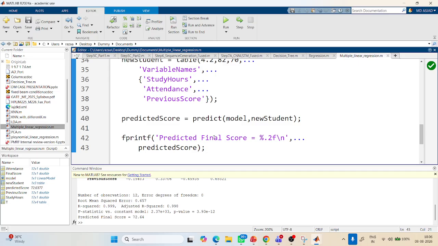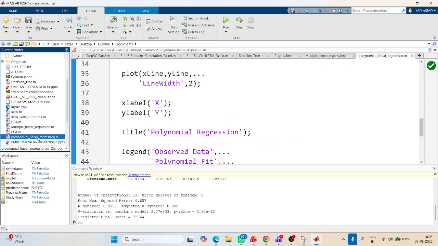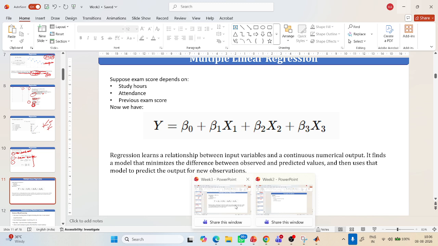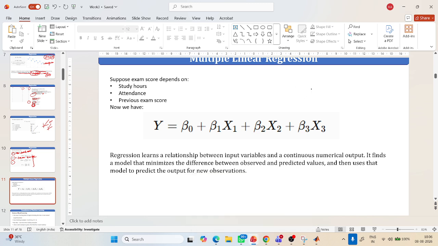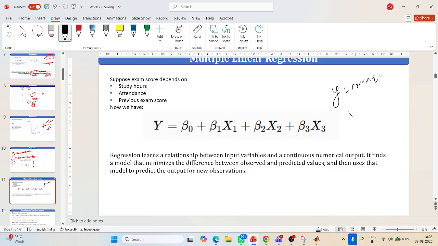After this, one more thing we can check is polynomial regression. Till now what we have is y equals mx plus c, or y equals beta 0 plus beta 1 x1 plus beta 2 x2. That is a linear regression. Now we can check with y equals alpha plus beta 1 x1 squared plus